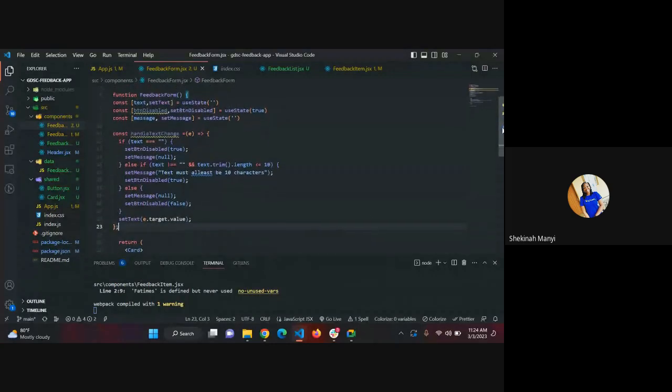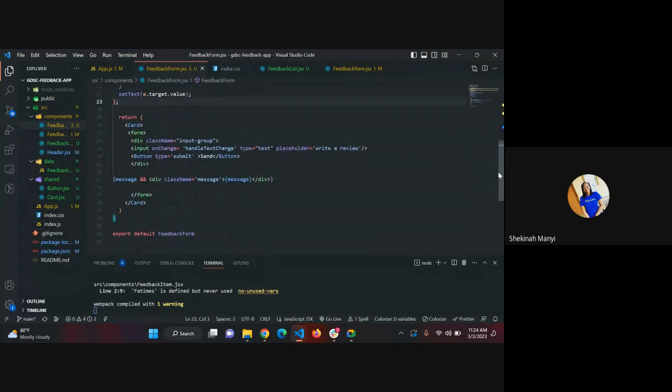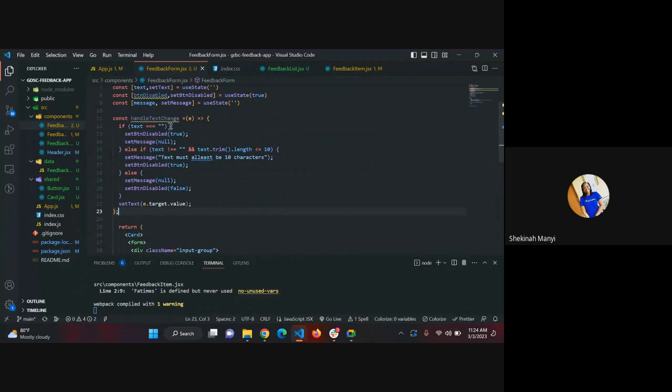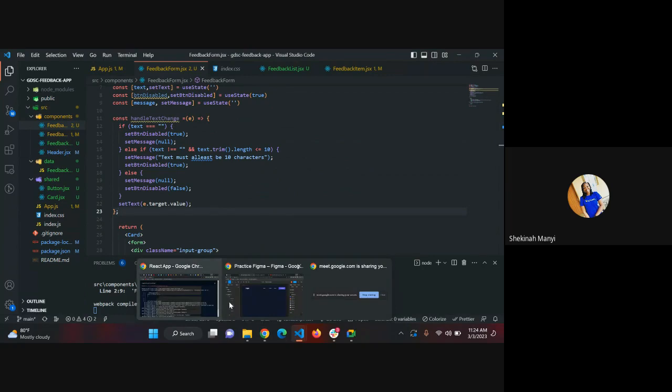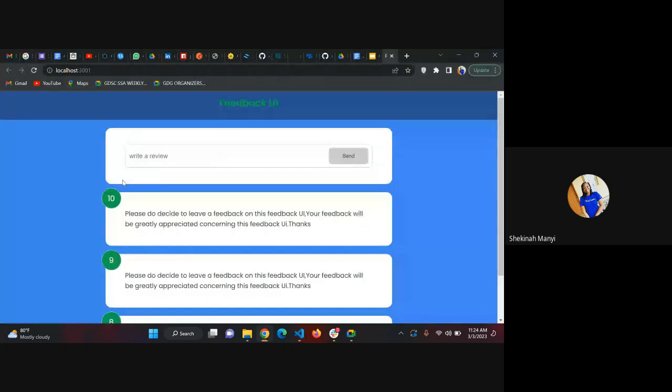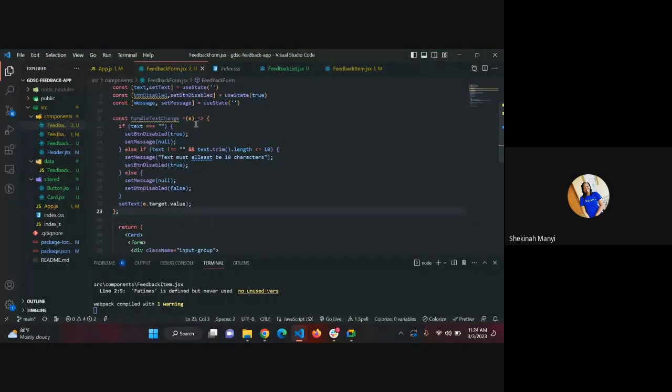So basically what I've said is that if the text is equal to null, you should set the button disabled to be true. If the user is not going to write anything, there's nothing here on the form, it should be normally disabled. And if the message is null, it should be normally disabled. Now, else if there is a text there, it should trim it, and then the length should be